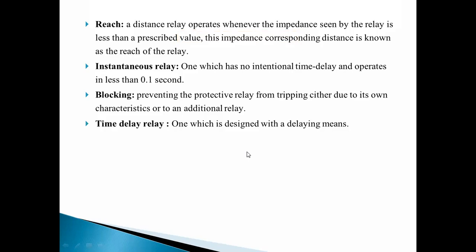Then the instantaneous relay. Now this instantaneous relay is one which has no intentional time delay and operates in less than